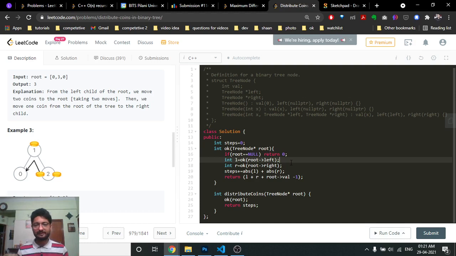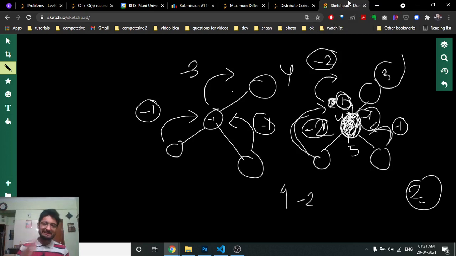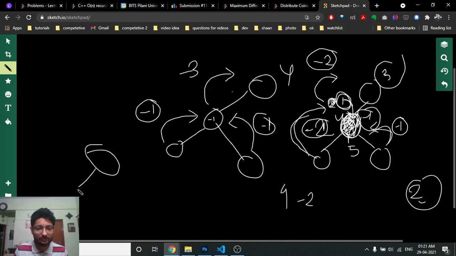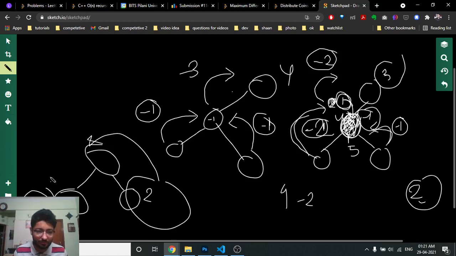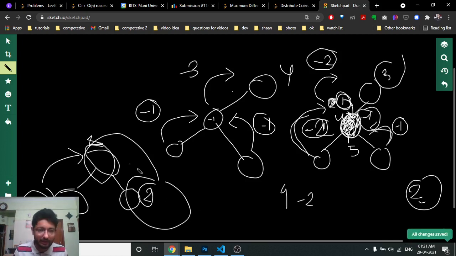how many deficiency or excess coins there are on the left side and the right side, whether there is deficiency or whether there is more. I have to take those coins away. I hope you get the point, because see, if there is one node and this node is giving me a deficiency of -3, which means that some nodes below it are telling me that they want 3 coins, and this node is telling me that I have 2 coins, so I have 2 coins extra. So obviously I have to use those 2 coins and move them around here, and also those 3 coins have to move around here. I have to somehow bring those coins up and then distribute them here. So there's some deficiency and there are 2 coins extra. So everything has to be brought to this node, and then we have to distribute.